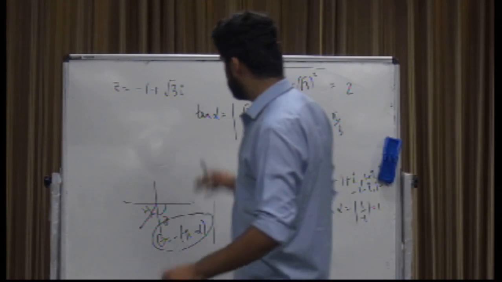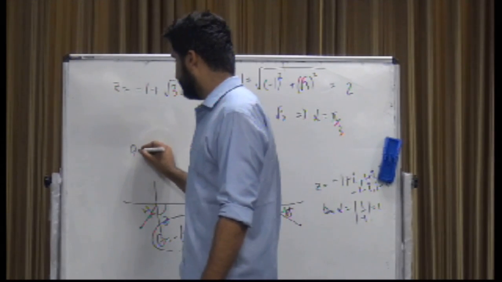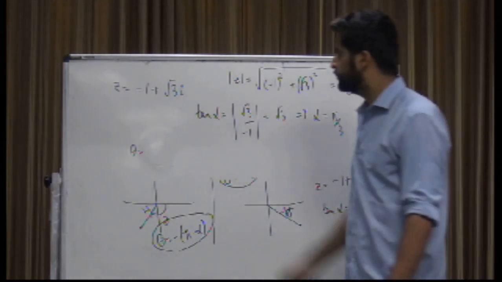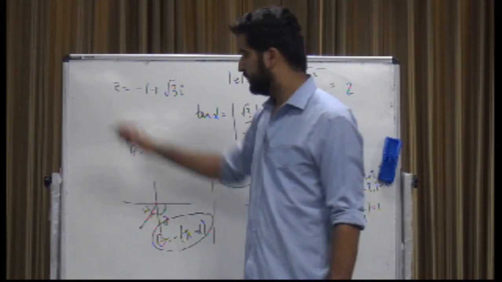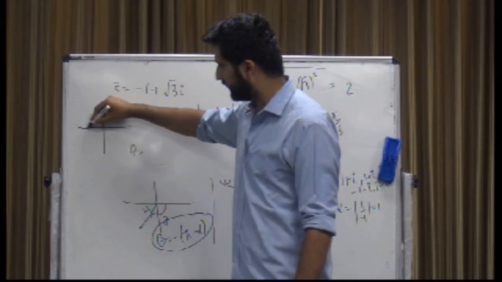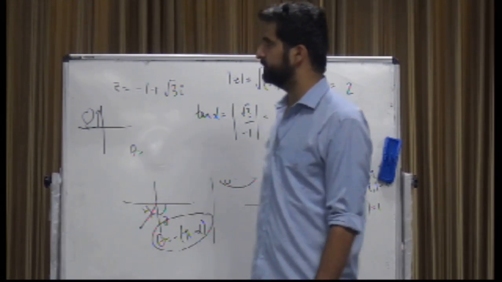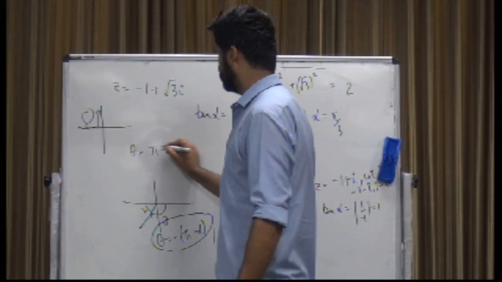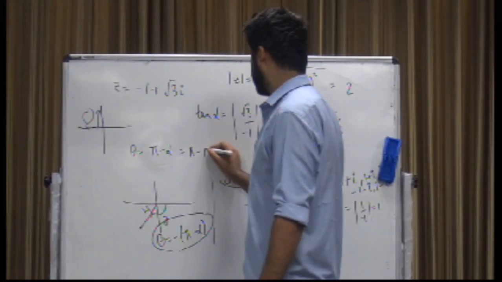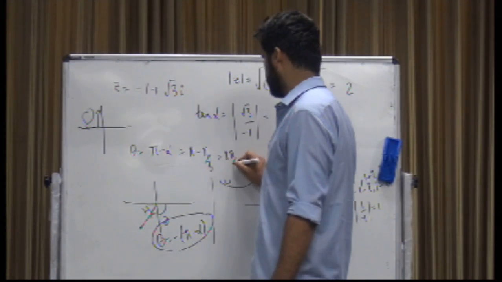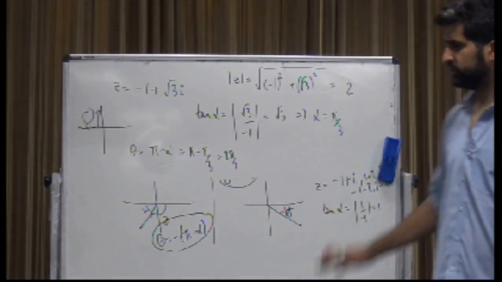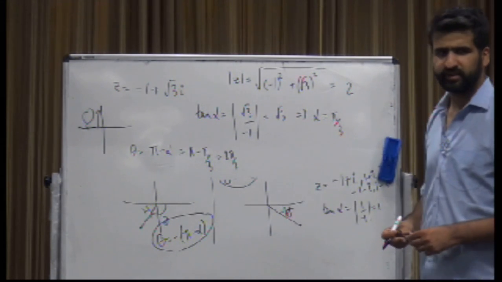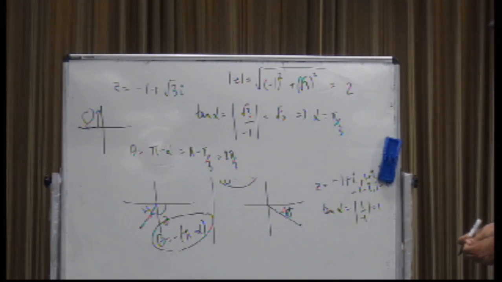Now, this is not the argument. The argument will be theta, pi minus alpha, which is 2 pi by 3. So this is in the second quadrant, right? Can you see this? The abscissa is negative, this is positive, so this is in the second quadrant. In the second quadrant, theta is equal to pi minus alpha, so it will be equal to pi minus pi by 3. This is the simplest way of doing it. First you calculate alpha, which is an acute angle. These values are actually very easy to find. Okay, so next is